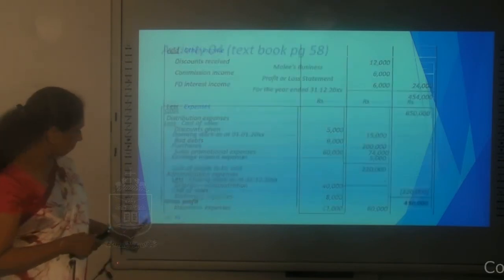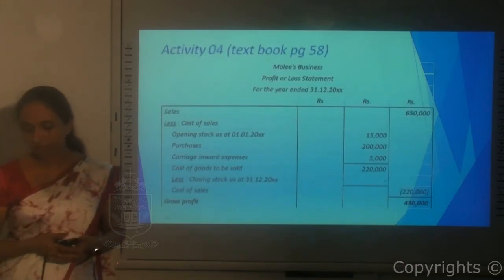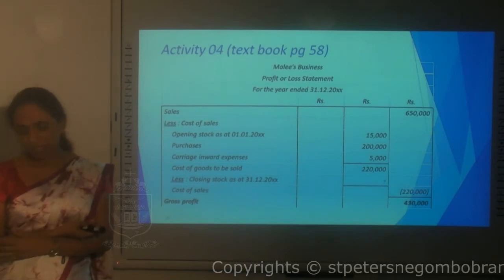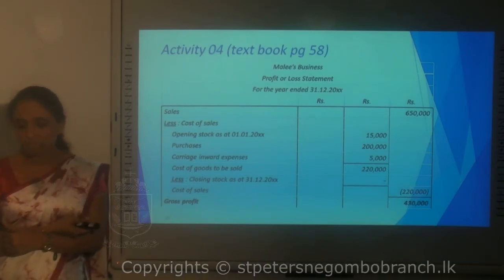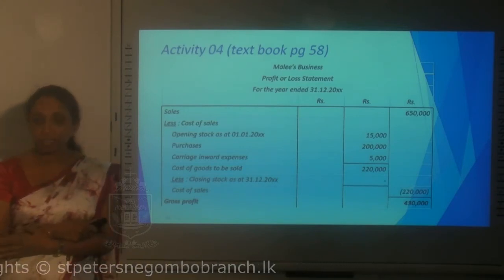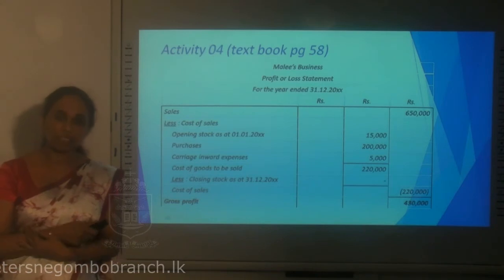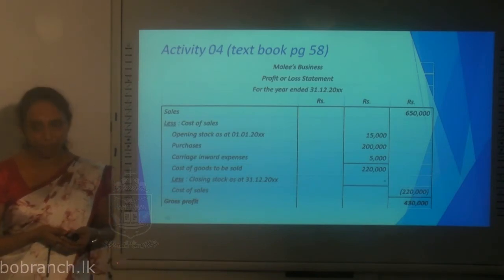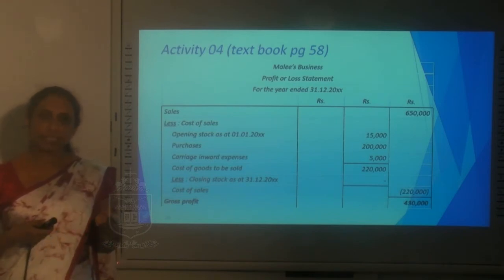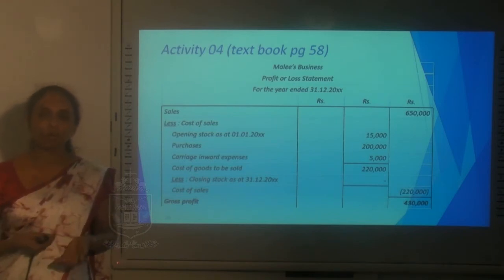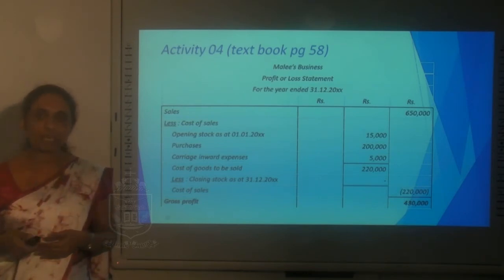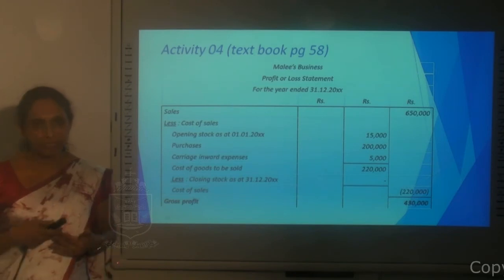So, are we going to take the fixed deposit? No, because it's a fixed asset, or a non-current asset. So therefore we will not take that into the profit or loss statement. But it says that particular fixed deposit is earning 10% interest per annum. So regardless of whether they have given the figure or not, we have to calculate that particular interest income and take it into the other income.